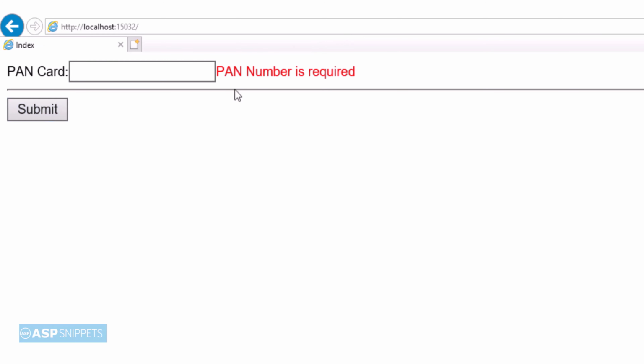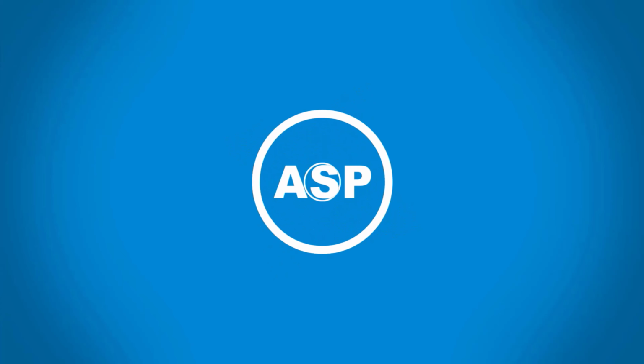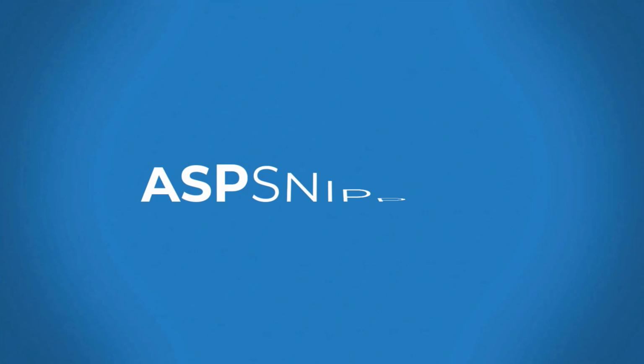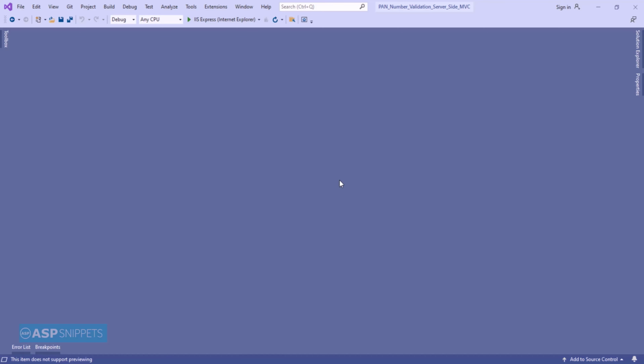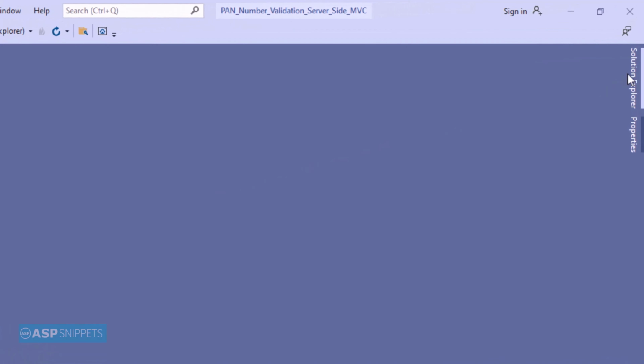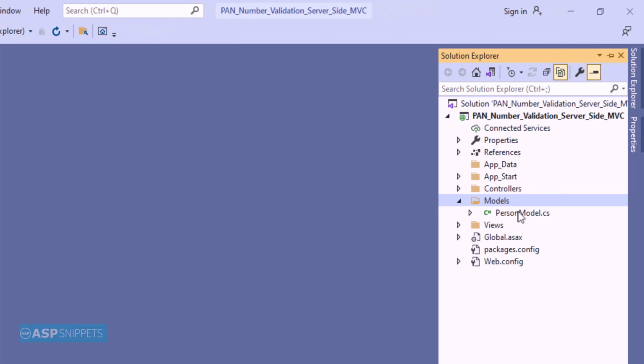Today I'll teach you how to perform server-side validation for Indian PAN card number in ASP.NET MVC. So let's start. The very first thing, I'll open Solution Explorer, and from there I'll be opening the model